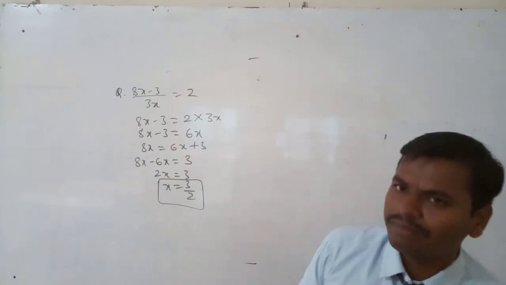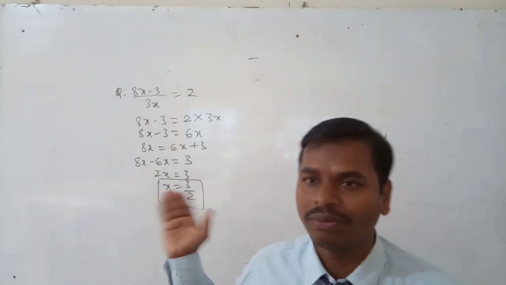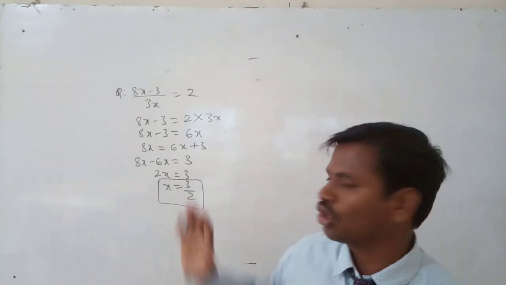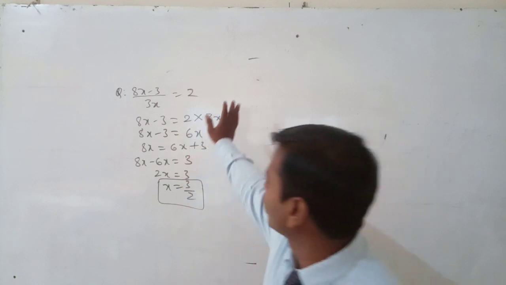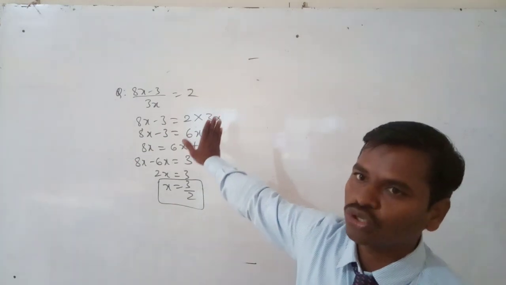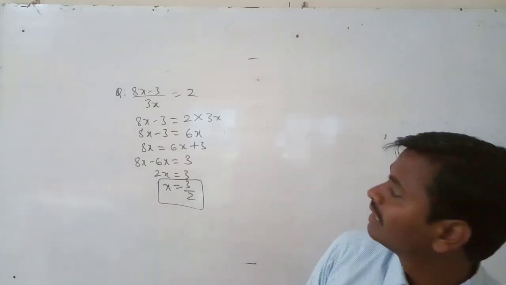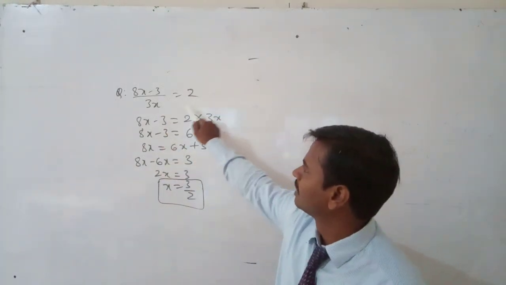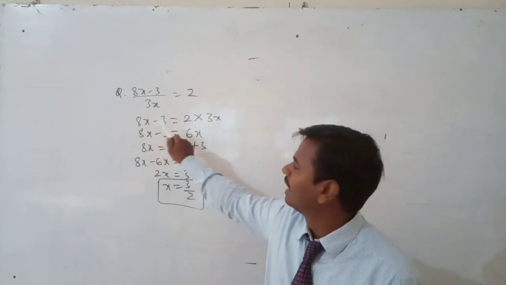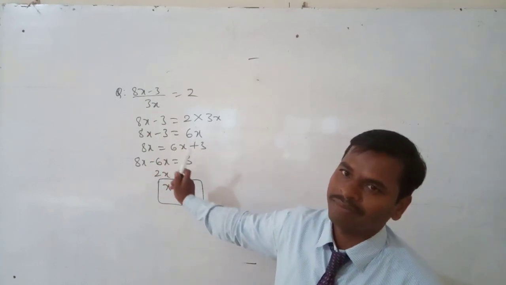This is the same method we followed in the previous class, but here the problems are given in a different way. The problems are little complicated equations, not in standard form. That's why first we reduce to the standard form, convert the given equation to the standard linear equation, then solve it. Understood? Same method. What is the same method? Shift the terms to this side, division will become multiplication. After shifting 6x to that side, addition will become subtraction, plus will become minus, subtraction will become addition.